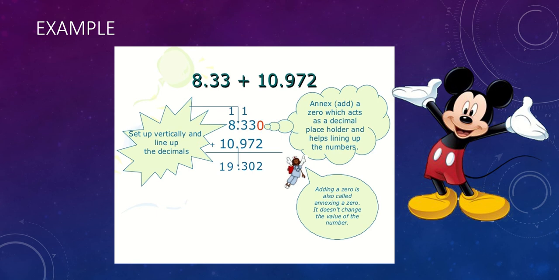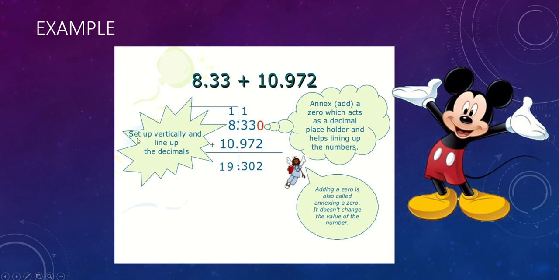So just put 8.330 and 10.972 according to their place value. Now add these. 0 plus 2, 2. 7 plus 3, 10. 0 will come down and 1 would be carry over. Now simple addition. 9 plus 1, 10 plus 3, 13. Again 3 here. 1 will go to the next digit in the whole part column. 8 plus 1 is 9 and 1 simply.